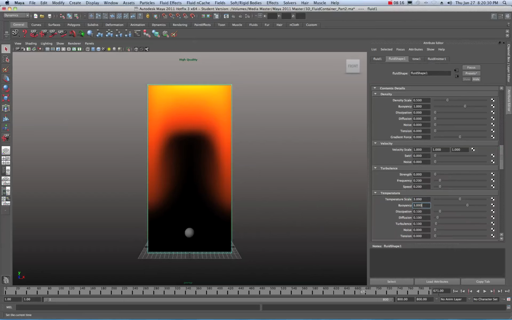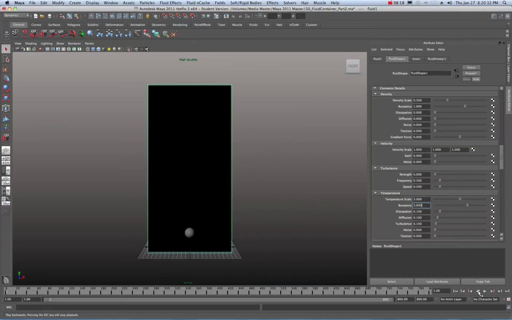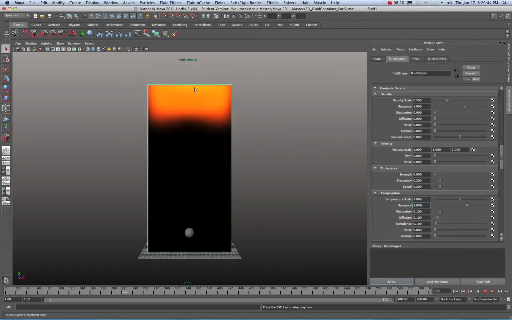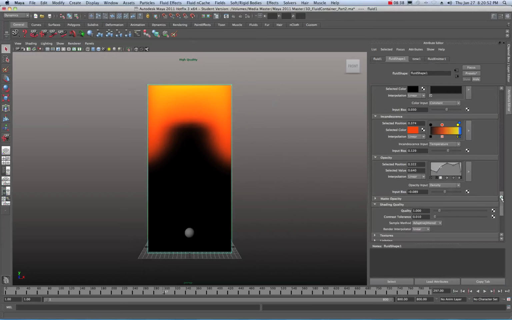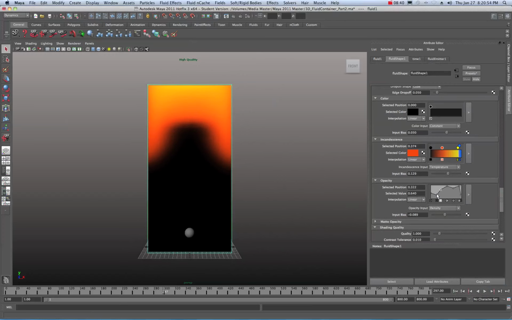So we may want to go back to the very beginning of the simulation here and check it out and try and isolate why we don't see something coming out of here early on. We see it when it hits the roof up here, but we're not seeing it when it stops in down there, like from the start. So let's come back down here, and usually it's just a whole bunch of fine-tuning between your opacity levels